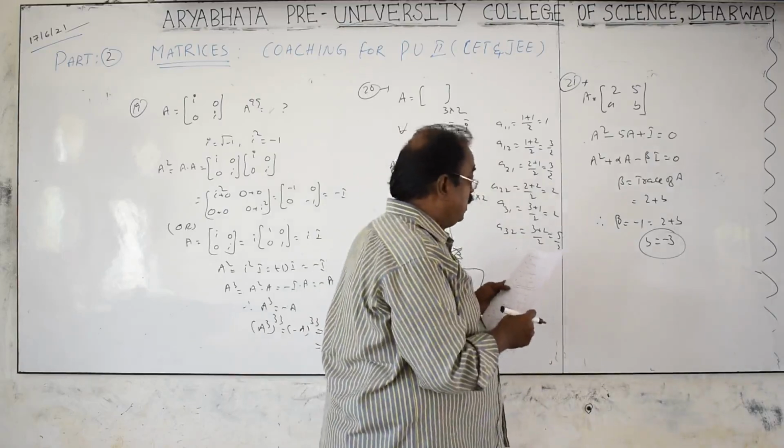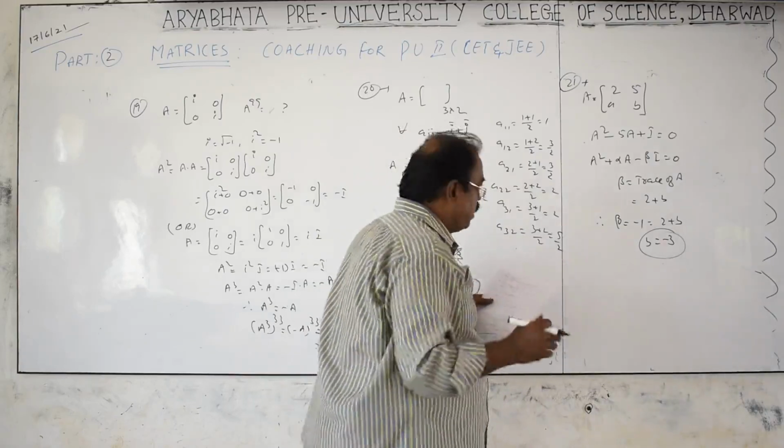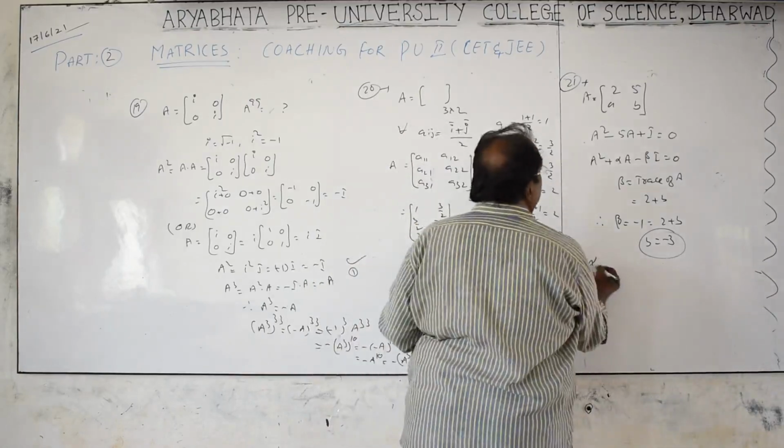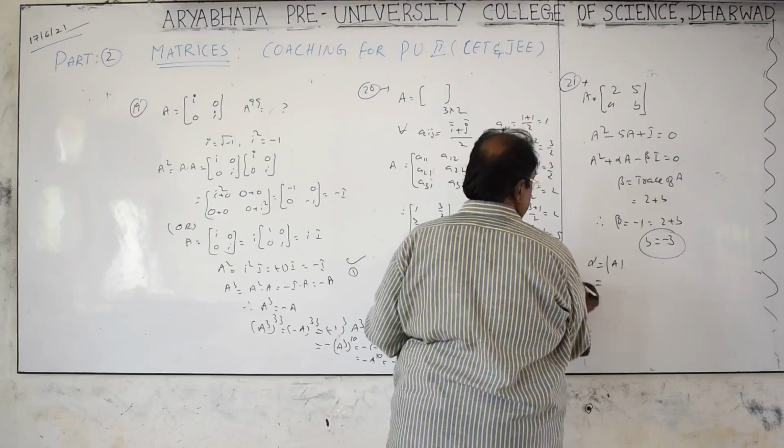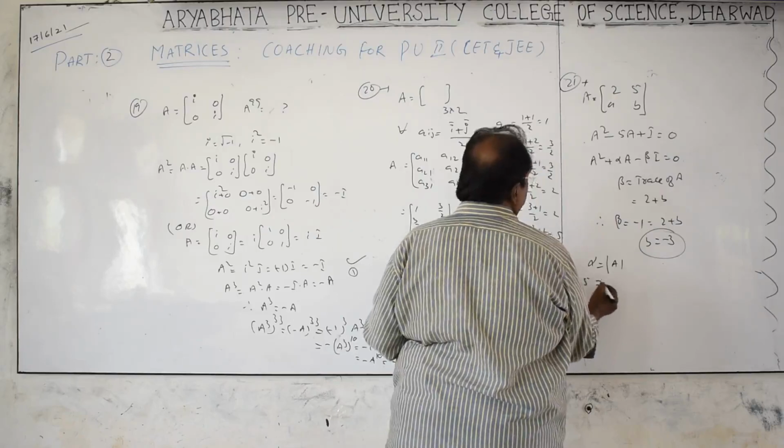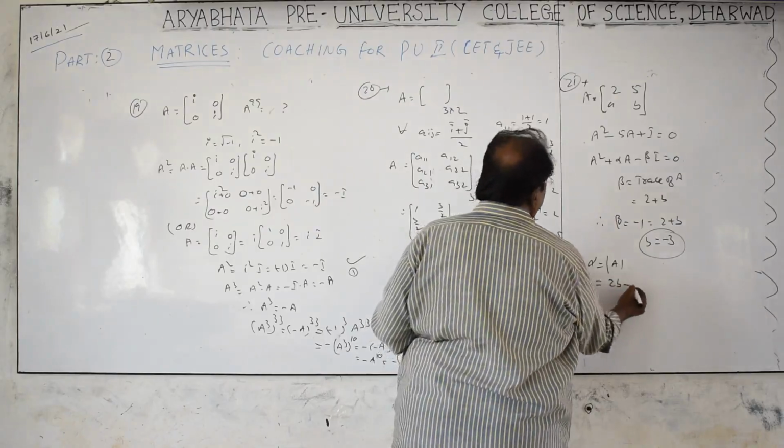But we are asked a value. Of course, it is for knowledge purpose. What is a? Alpha is equal to determinant of A. What is the determinant? It is minus 5. Minus 5 is equal to 2b minus